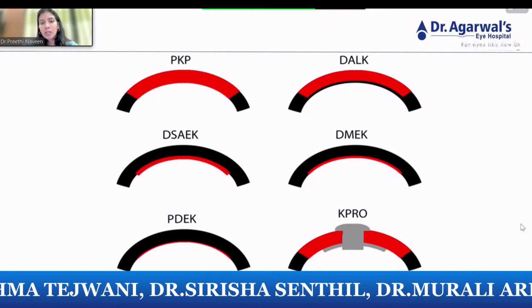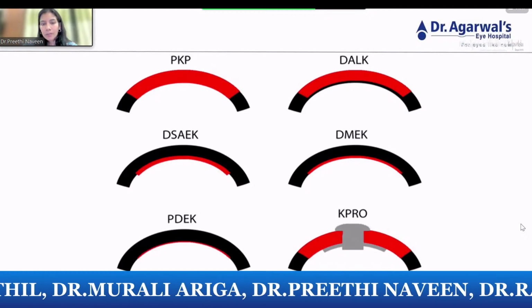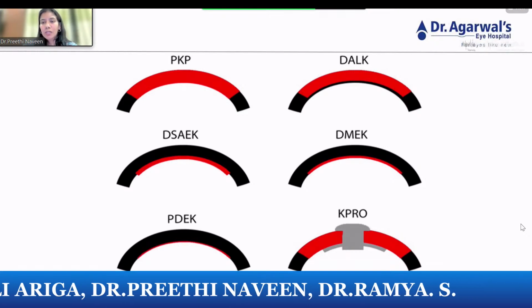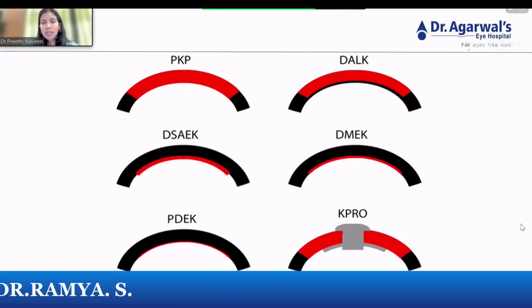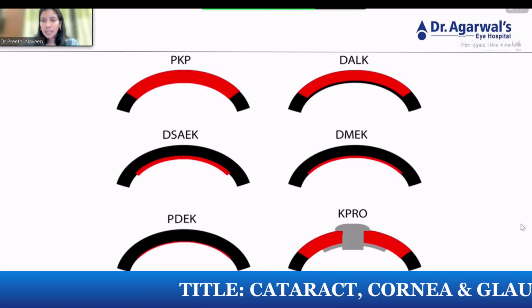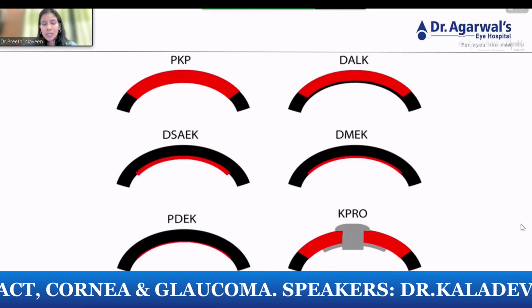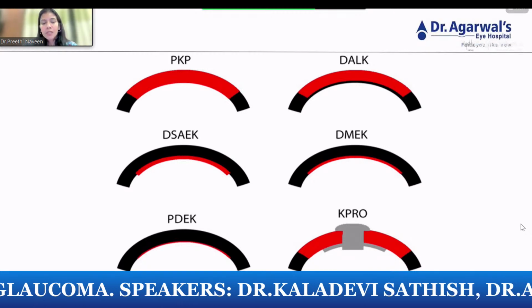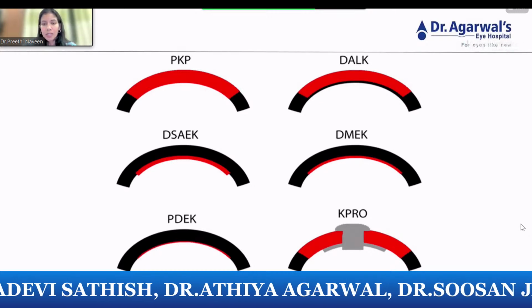So in your endothelial keratoplasties, the primary layer which is transplanted is your DM, your Descemet's, your endothelium. And in DSEK, you have a part of the stroma also being transplanted. In DMEK, it is just the Descemet's and the endothelium, which is the thinnest transplant possible. And then you have the pre-Descemetic endothelial keratoplasty, which came into vogue and was started by Dr. Amar Agarwal after the discovery of the Dua's layer by Professor Harminder Dua. So it gives an additional layer to the Descemet's graft, which is the Dua's layer, which gives an added splinting effect to the graft. And I will be talking in detail about PDEK in the later presentation.